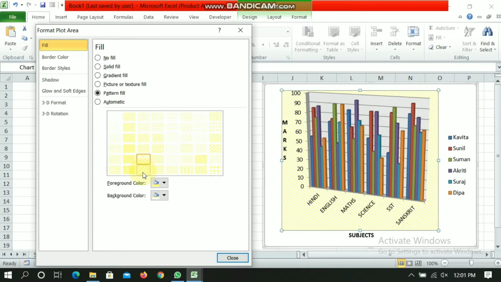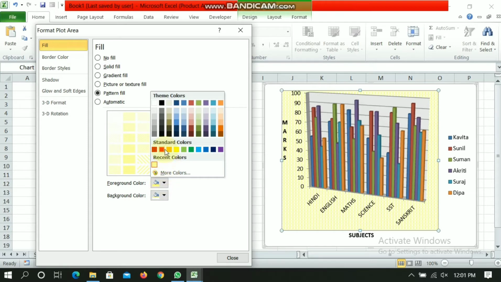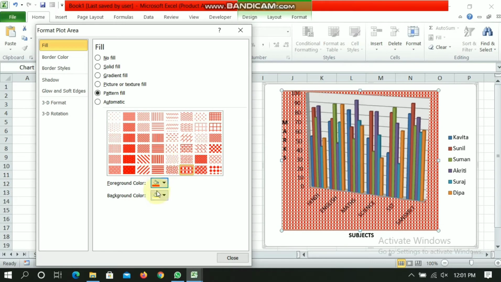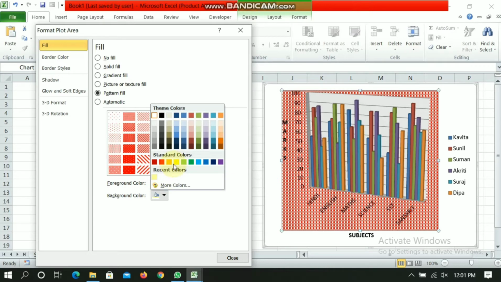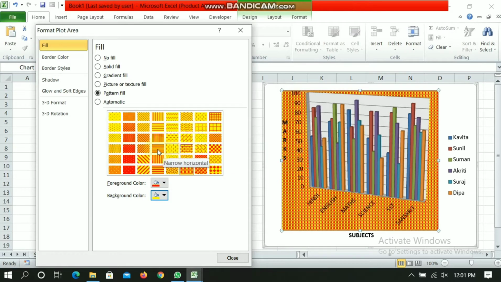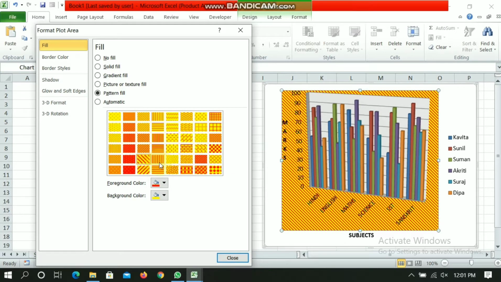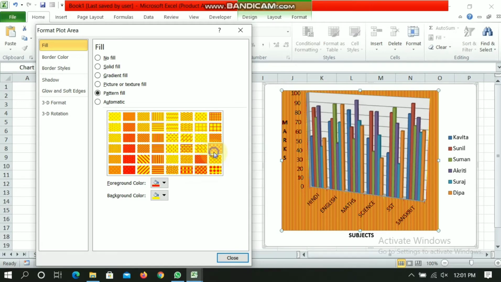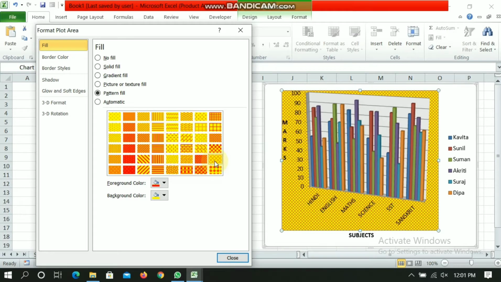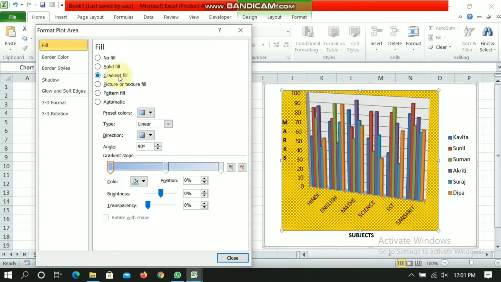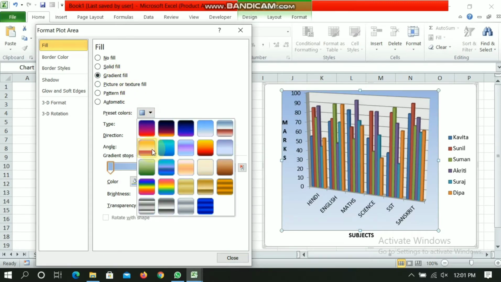If you want any pattern, you can click on that. Here I am changing the color. See, you can see various patterns. If you want it, you can choose it as well. If you want another one, you can change it.